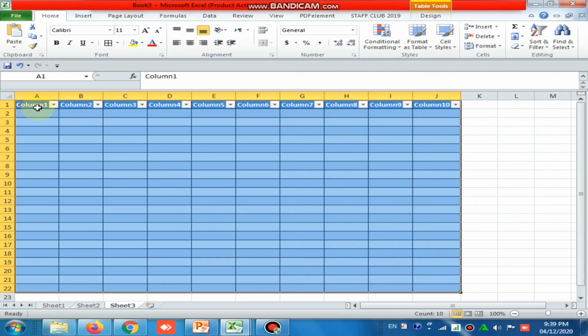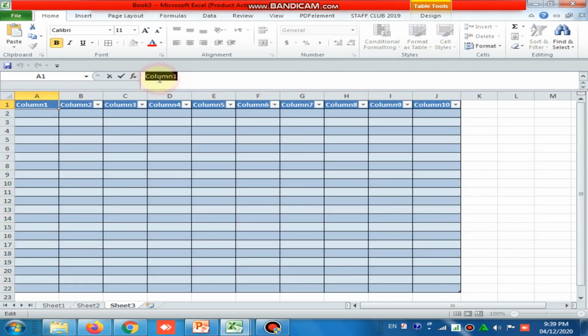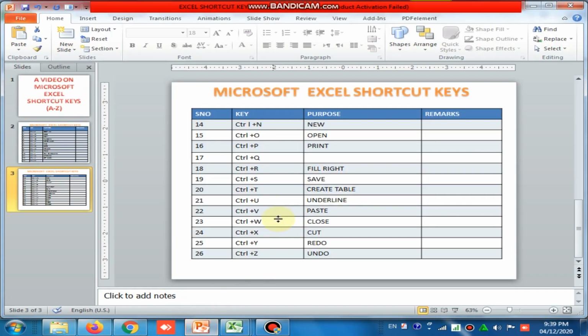You can rename the columns, for example roll number and student name, like this by pressing Control plus T.